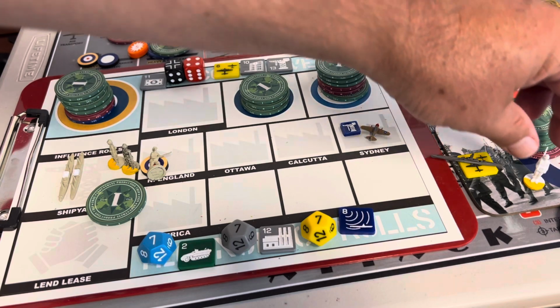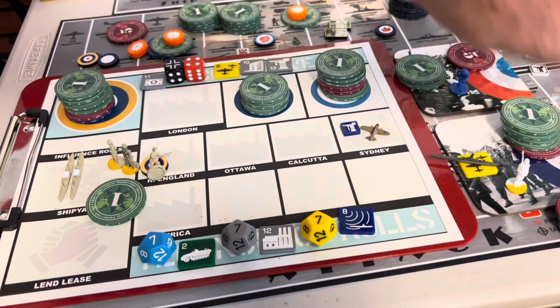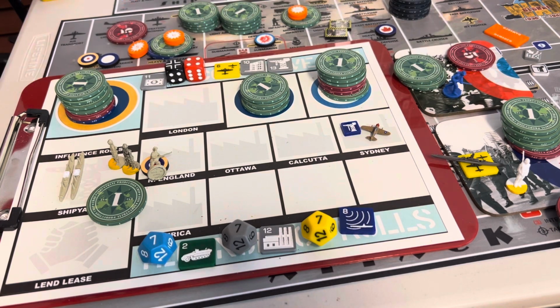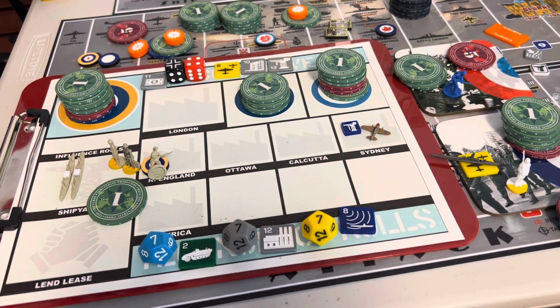Canada, having 9, is going to buy a militia and save 7. France, having 5, is going to buy an infantry and save 2. So we're saving a lot of dough this turn. Not really sure why. So let's roll for some tech,